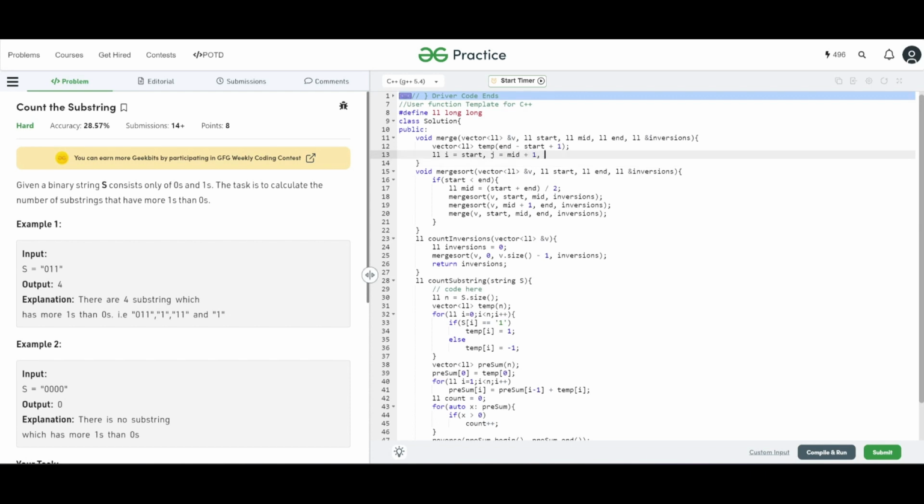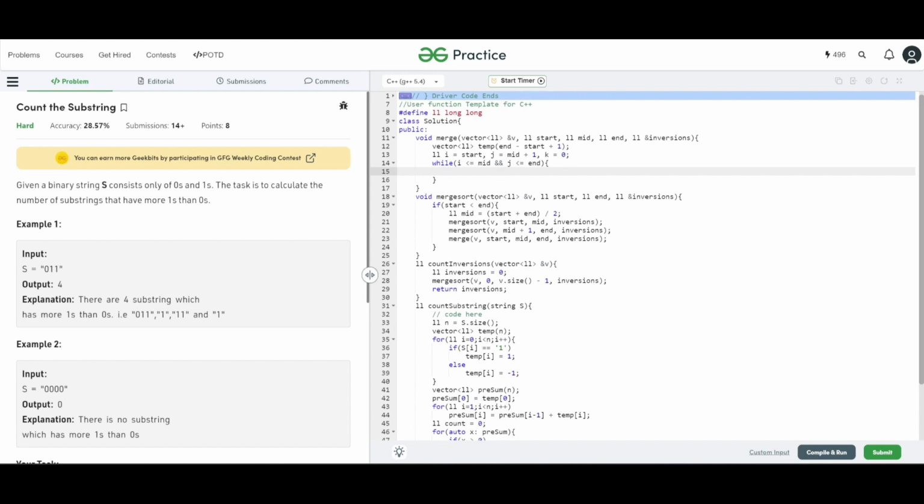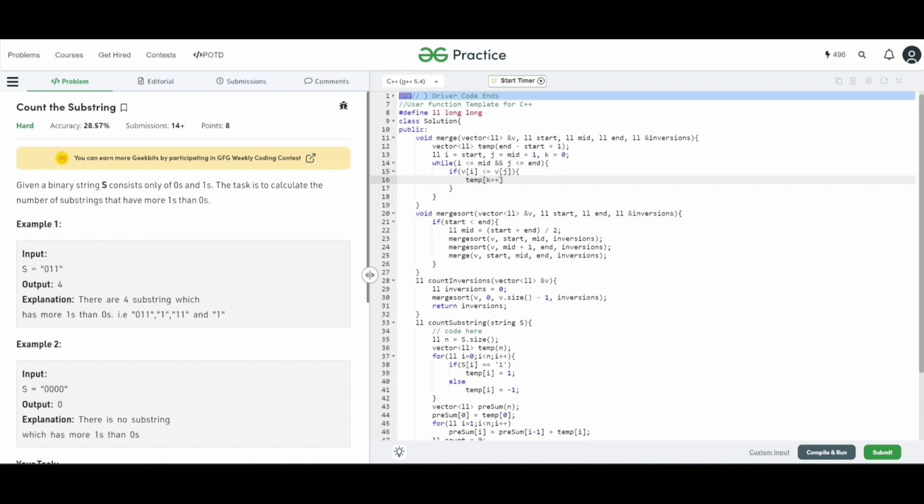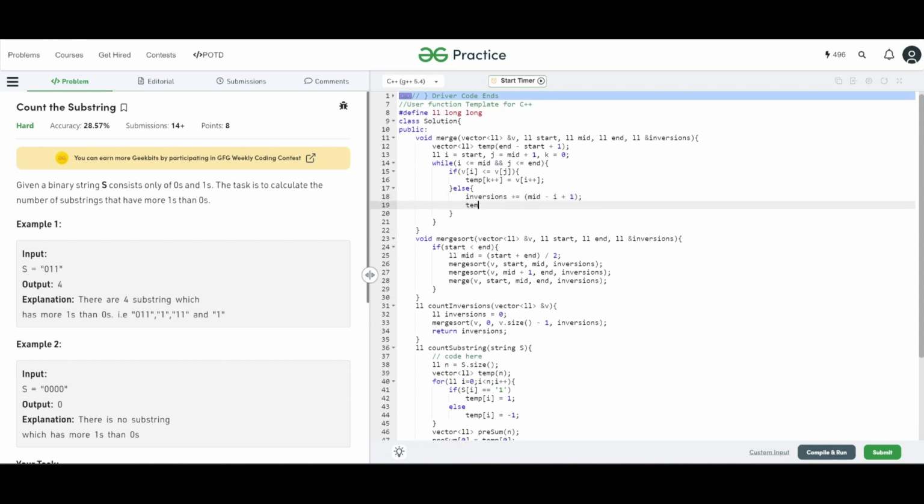The function then enters a while loop that runs while i is less than or equal to the midpoint and j is less than or equal to the end index. Inside the while loop, it compares the elements of the left and right subarrays at the current i and j indices. If the element in the left subarray is smaller or equal to the element in the right subarray, the element from the left subarray is added to the temp array, and i is incremented. Otherwise, if the element in the right subarray is smaller, the number of inversions is incremented by the number of elements remaining in the left subarray, mid - i + 1, and the element from the right subarray is added to the